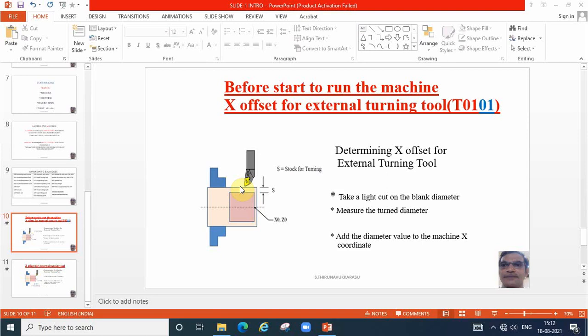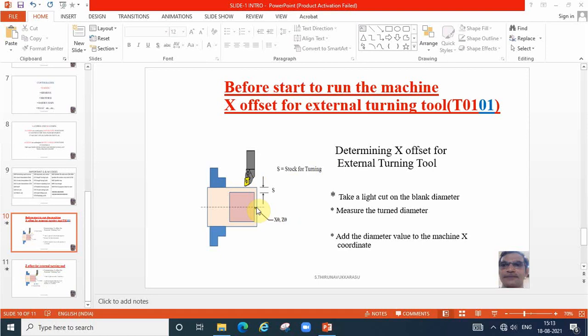So we have to enter X offset and Z offset against tool number 1. This is the very first tool, tool number 1. So bring the cutter to touch on the radial side, go to the offset page against tool number 1 and against X. What diameter physically we are getting when the tool is touching, we have to measure the diameter and then enter the diameter in the offset page against serial number 1 and X. Okay, now the tool number 1 tip will know where the X0 is.